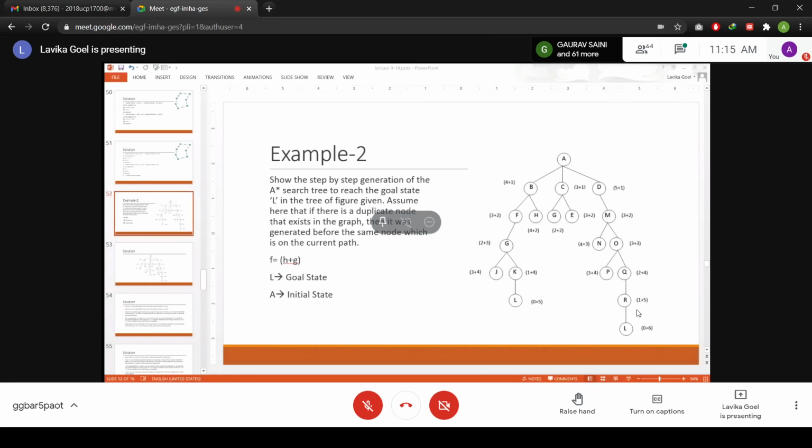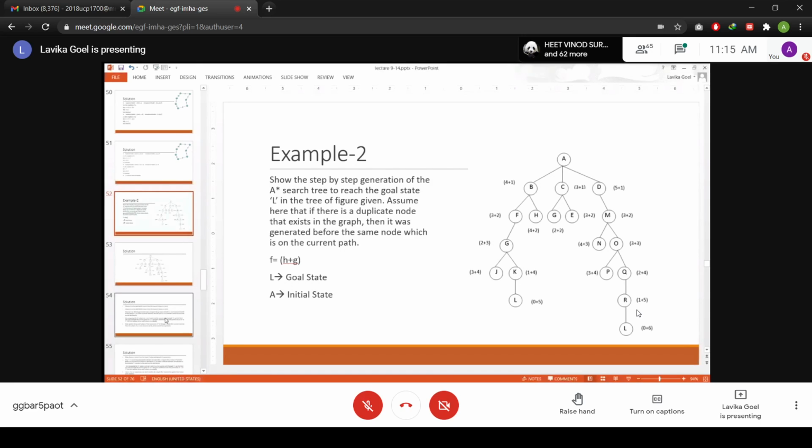So if you see, I have placed the G values according to that logic only. The G value of G via the path ACG is 2, because we have traversed 2 levels to reach this G. And if you see the left hand side branch of the tree via ABFG, here 3 levels you have traversed, 3 edges. So that is why the G value is 3. So basically it is a longer path than the path ACG, right? So that is why we have chosen the new path because it is shorter. So ACG path is shorter. So you choose the ACG path.